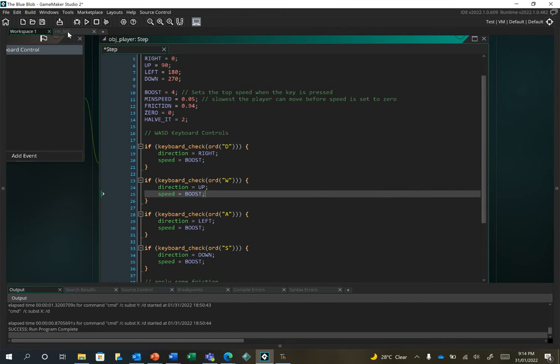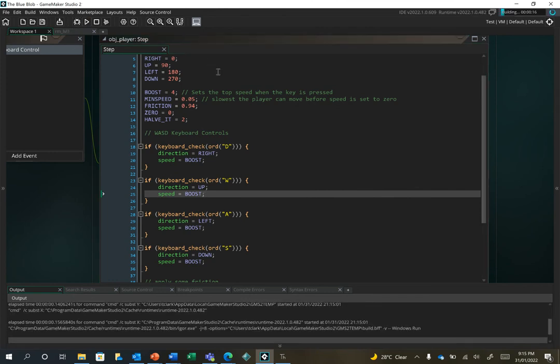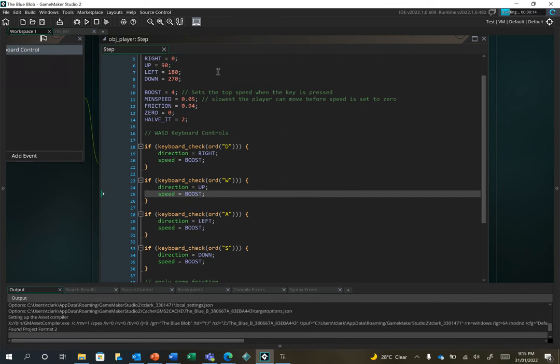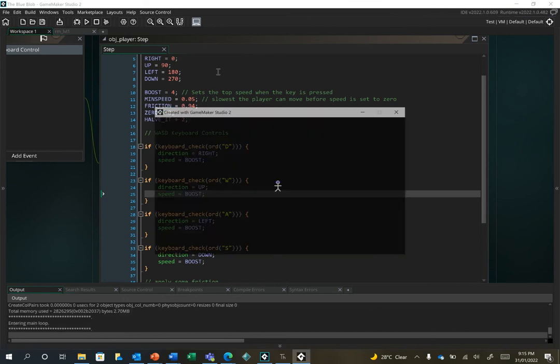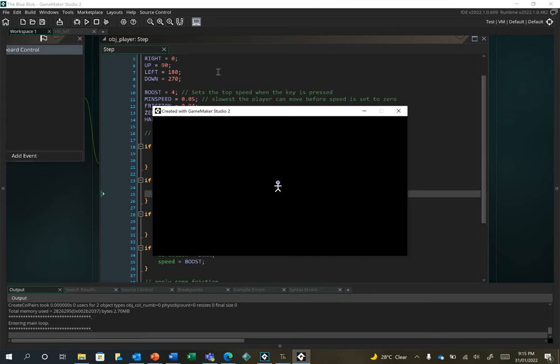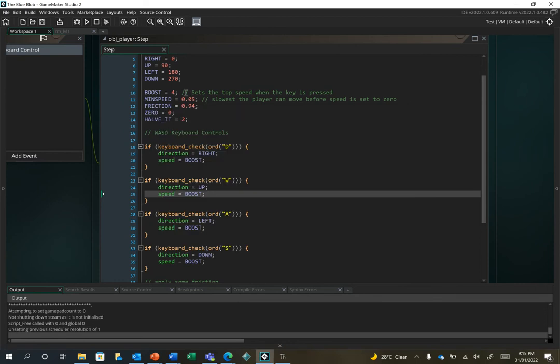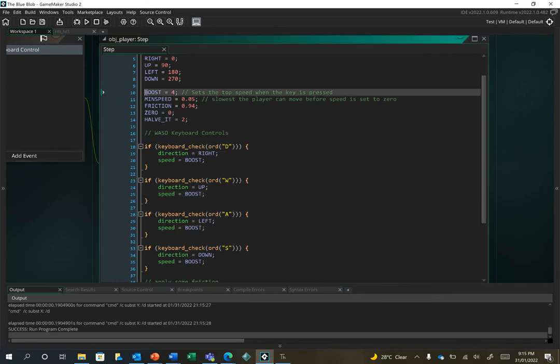So let's just make sure that that still works as expected. And here it comes. So moving it. Yep, that player is frustratingly slow. And all good. Now another advantage of doing particularly this boost is, in theory, if I had part of the game where you earn some coins and you could pay for upgrades,